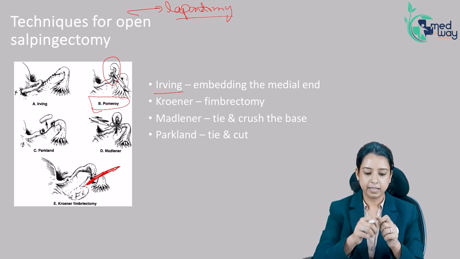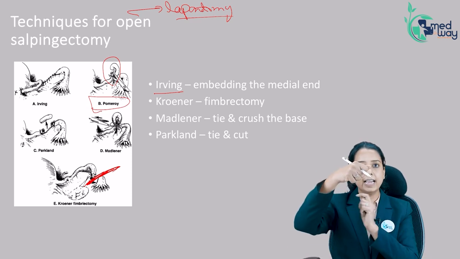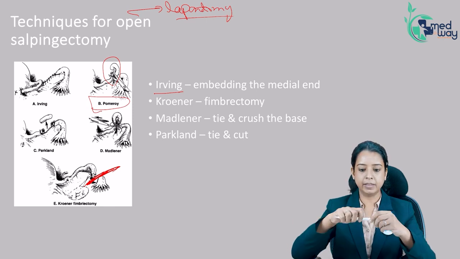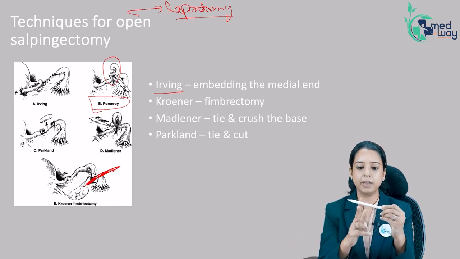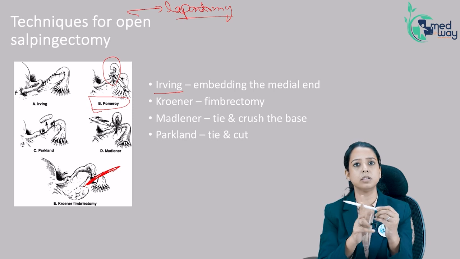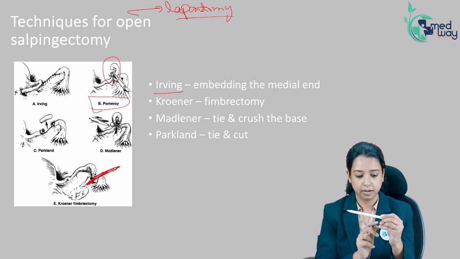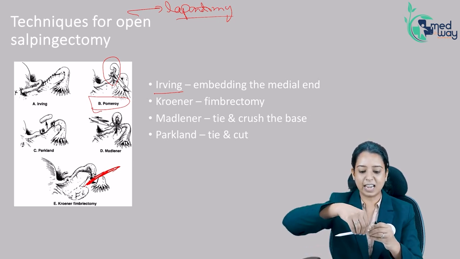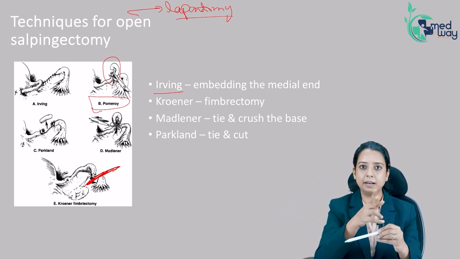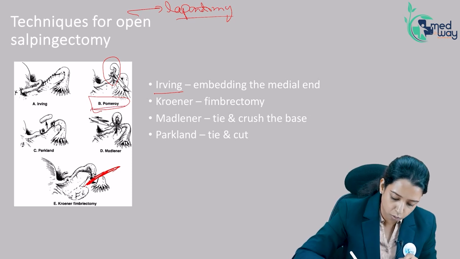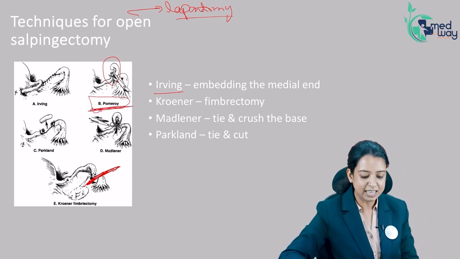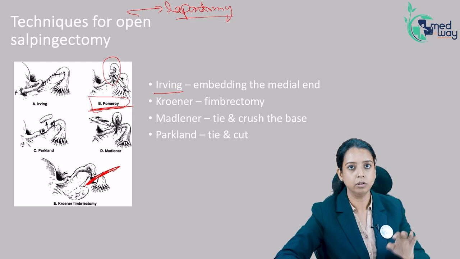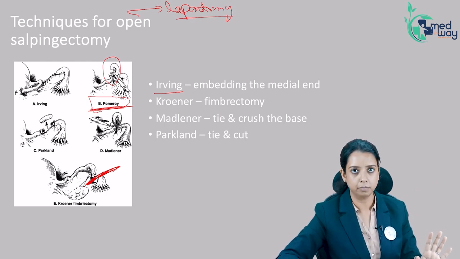One was Parkland. Parkland did nothing. Instead of picking up a loop and then tying the base, this was the tube, they tied it from here and cut in between. That was the simplest. That was Parkland. One suture here, cut the segment. Whereas Pomeroy's is take the loop, tie the base and then make a cut. And Pomeroy's is done most commonly everywhere. But theoretically, these other methods you have to know can be done only while doing laparotomy.